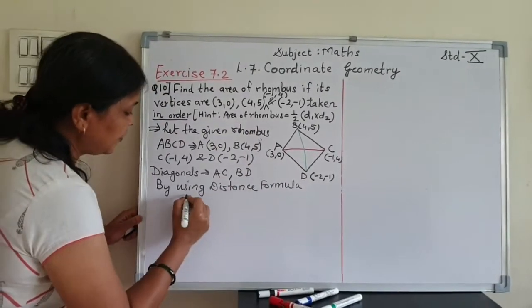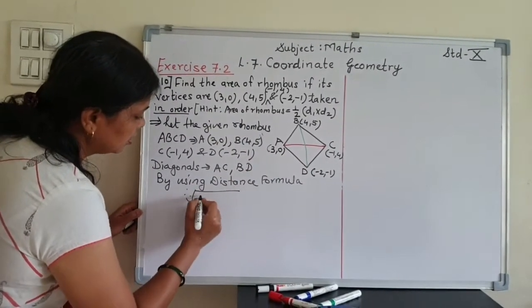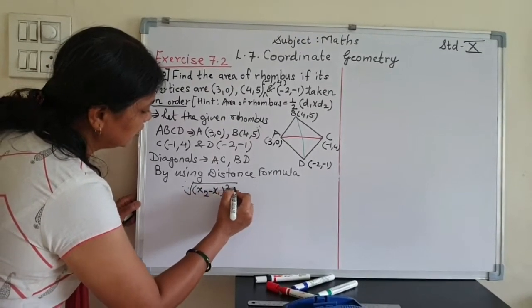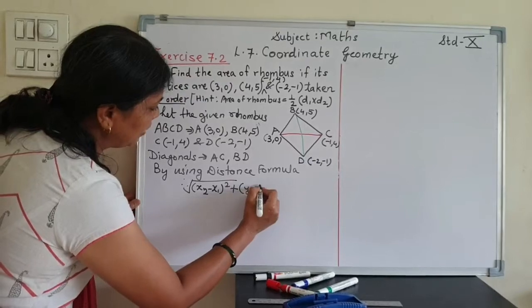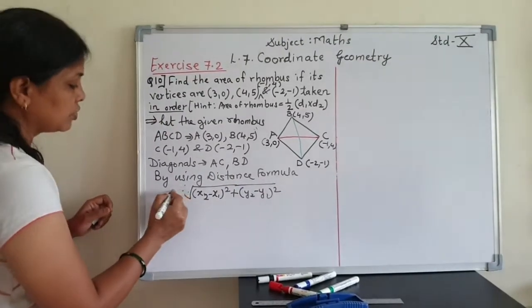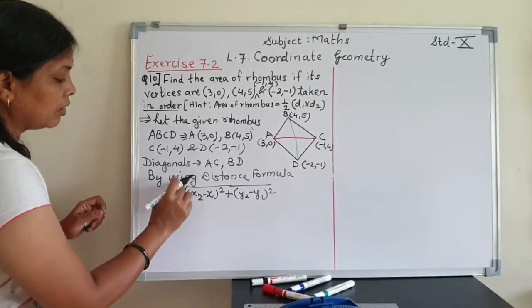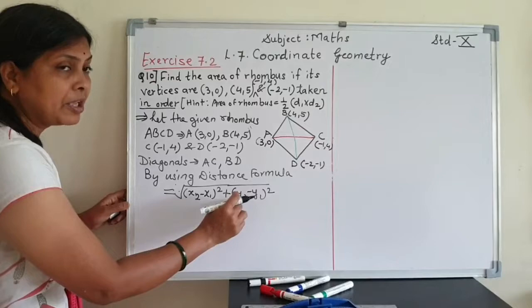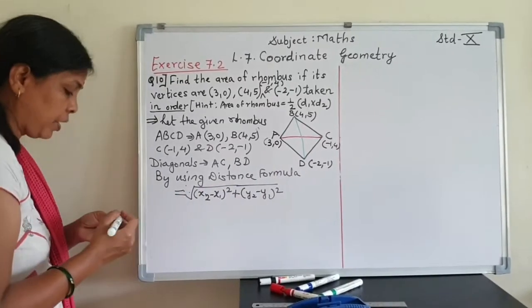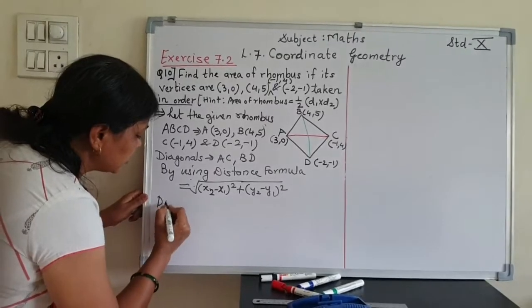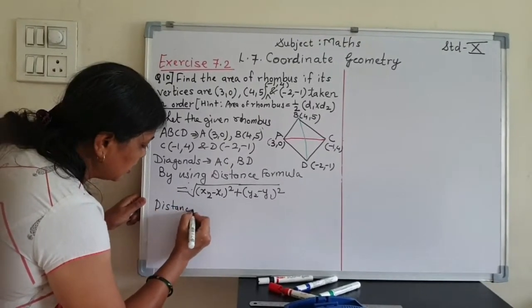what is the distance formula? The distance is the square root of (x2 minus x1) whole bracket square plus (y2 minus y1) whole bracket square. So by the distance formula, the distance